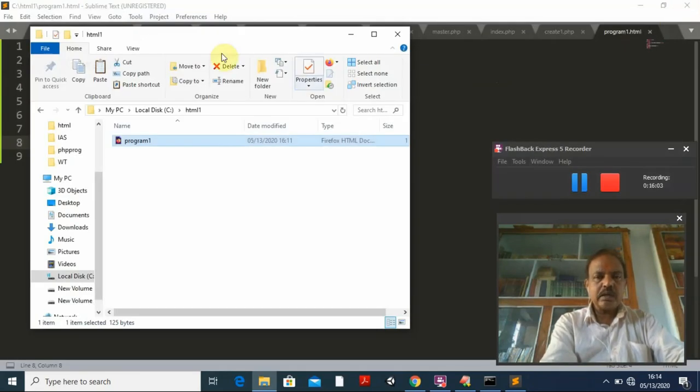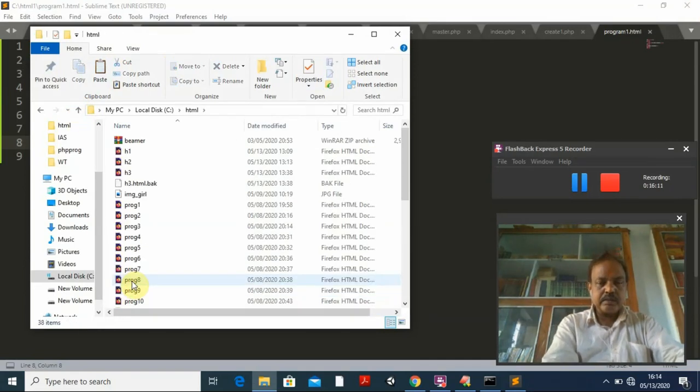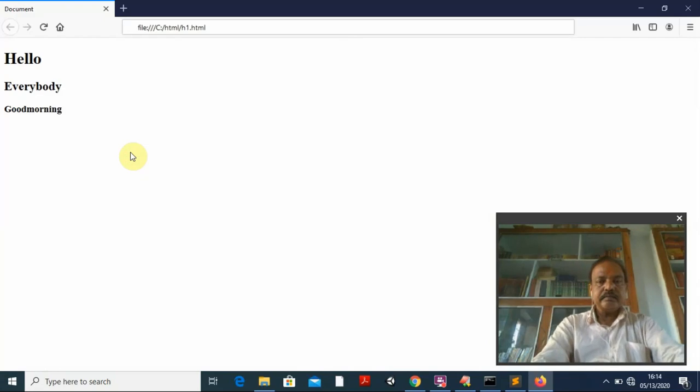Now I am going to show you what I have done. I have created a similar folder in C drive, that is HTML. In this HTML folder we have created a number of programs. Suppose I want to open the first one, h1.html. How do you open it?